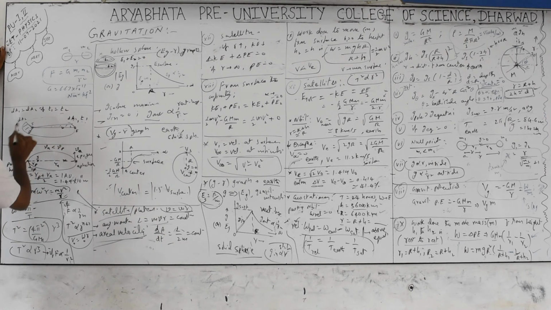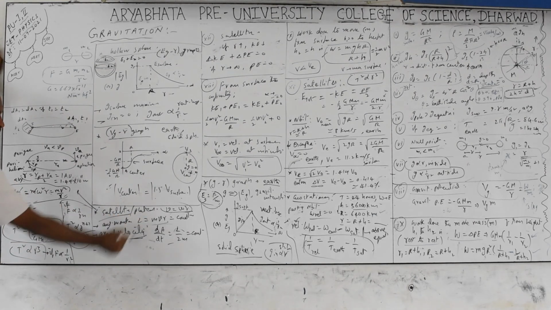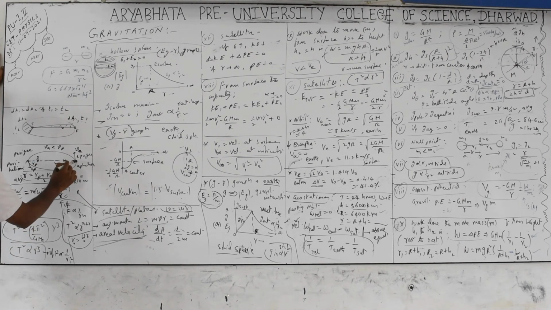So planets revolving in elliptical orbits is the first law of Kepler, and the second law of Kepler is that angular momentum remains constant. The third law is that the time period squared is proportional to R cubed. The average distance we take from the sun to the planet or satellite is the average of RA and RP: the apogee distance and perigee distance, or aphelion and perihelion distances.